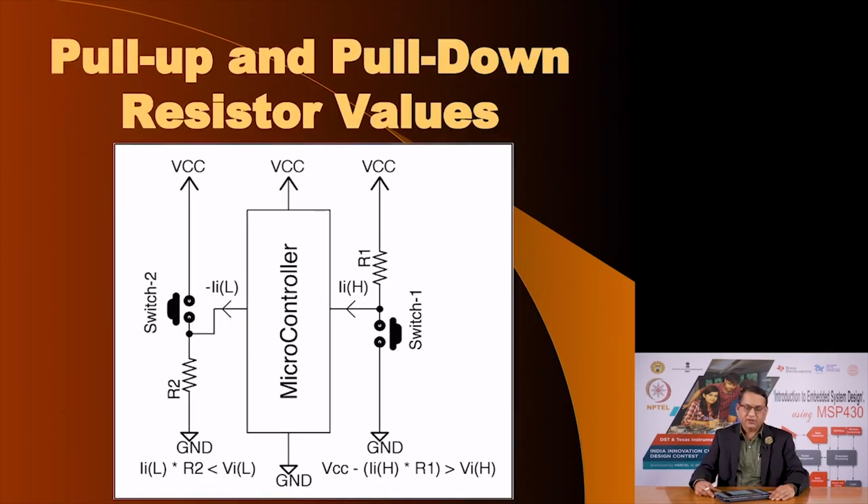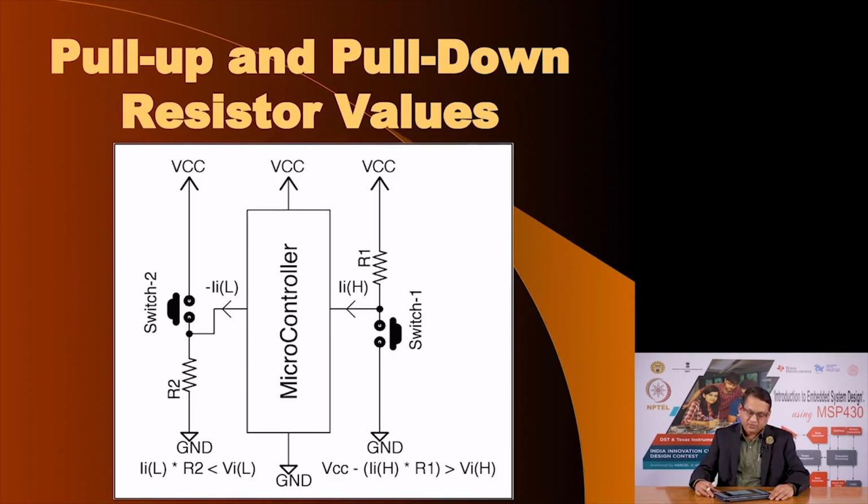So, here in this diagram, I am going to illustrate how to calculate the value of R1 or R2, in this case pull up or pull down resistors, and both these values of resistors may not be the same. I am going to take an example from the data sheet of MSP 430, but we could consider other examples also, so that you are well equipped to choose the values of the pull up and pull down resistors,